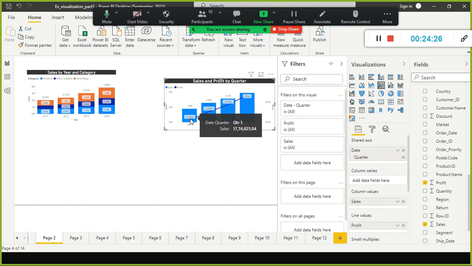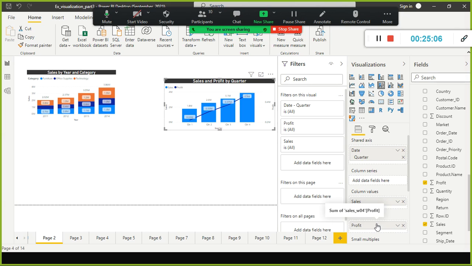And now with these values you can understand, for each quarter, what is the ratio of profit compared to my sales. I want to find out the ratio or percentage of profit over my sales. You can also find that out. Already the values are in percentage, I think, in the profit column. If not, you can convert it to a percentage value, and with that itself we can get a quick idea of how much percentage of profit we have made. Okay, so this is one of the interesting charts.